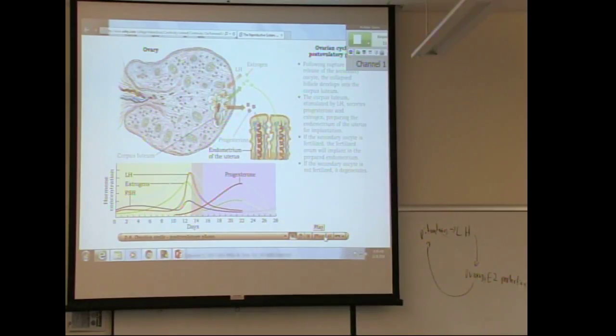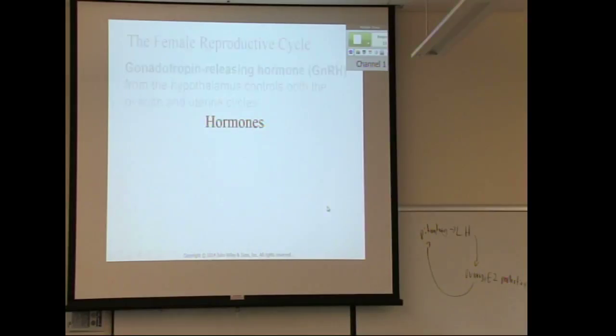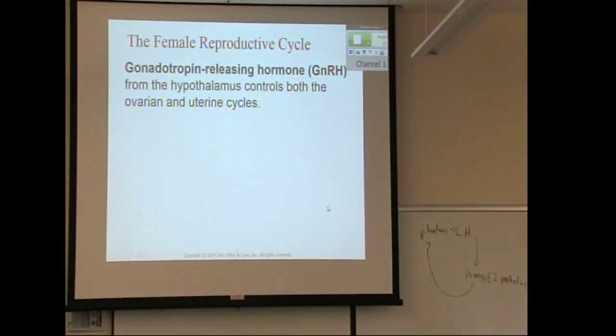This chapter is a little confusing because it's all of it acting together, but you can only talk about one thing at a time. So don't worry, it'll all come together eventually. We'll get ovaries, uterus, hormones, all one after the other. So you got your chart, questions? You kind of got the idea?